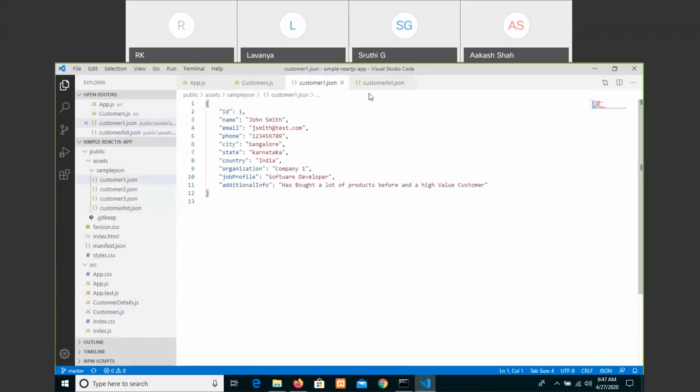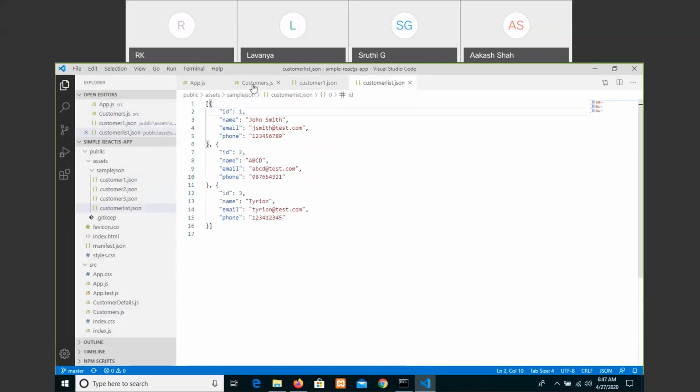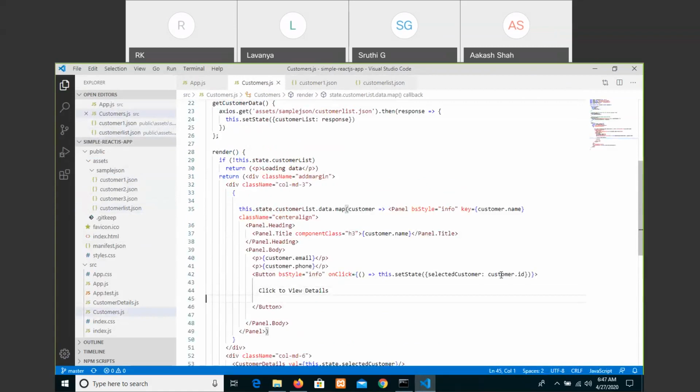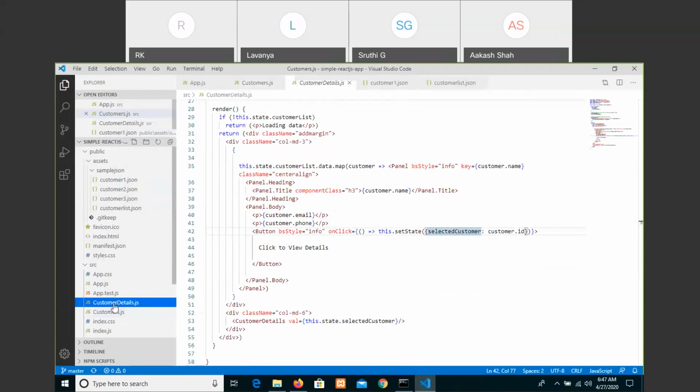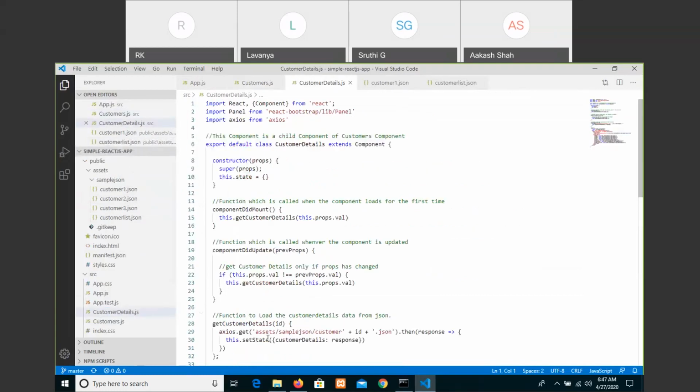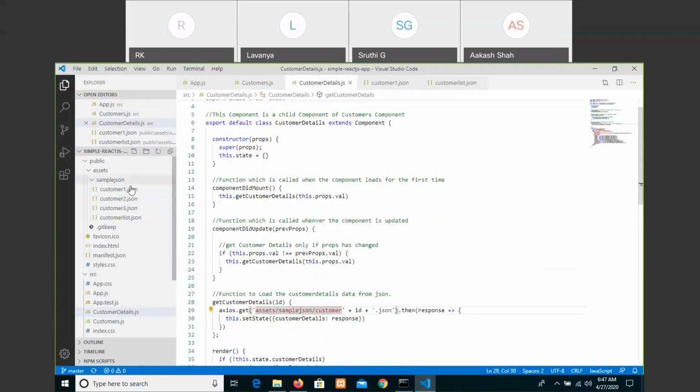How is it connecting? Customer ID from the selected customer is connected with the selected customer. And when you come to the customer, what details, here is the question, from the ID which you have passed, it is finding out in the given customers JSON.